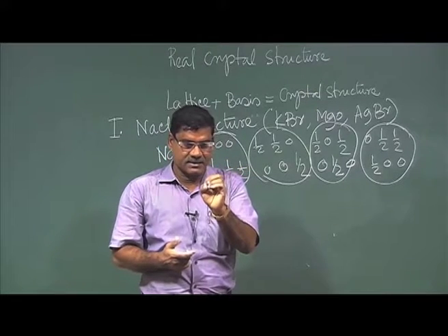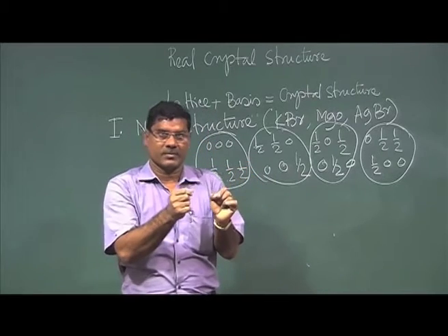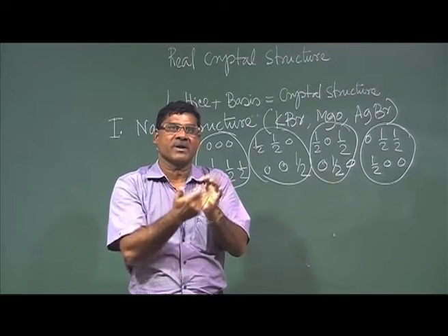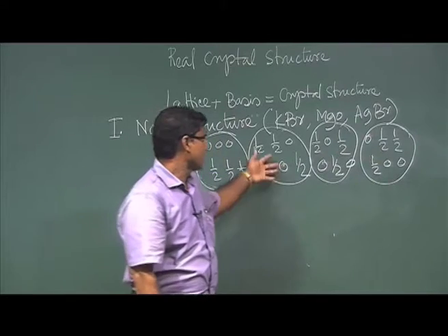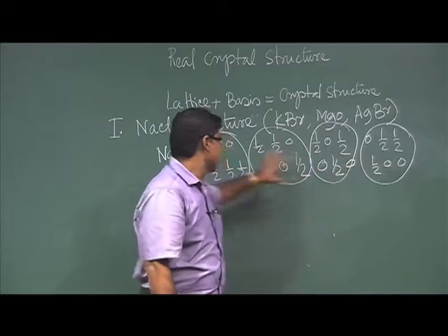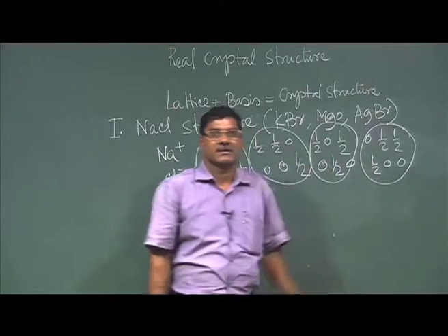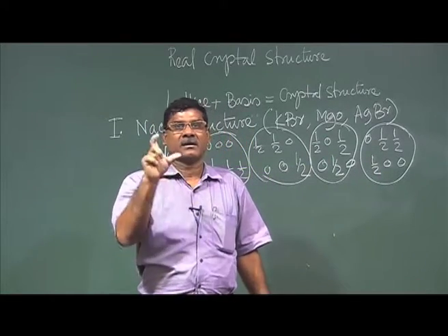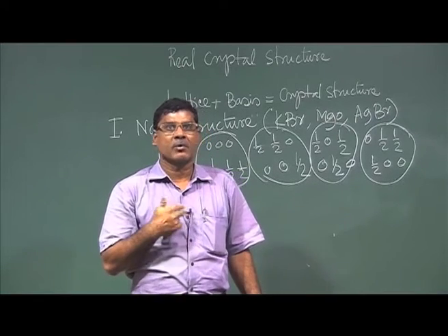As you know, we have to attach the basis to each lattice point in the same way. So the distance between the sodium and chlorine cannot be different for these 4 bases. Whatever the distance between the sodium and chlorine, in all cases it is just half of the body diagonal of this cube. So this is the sodium chloride structure.